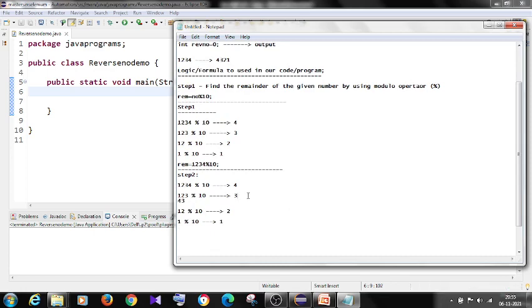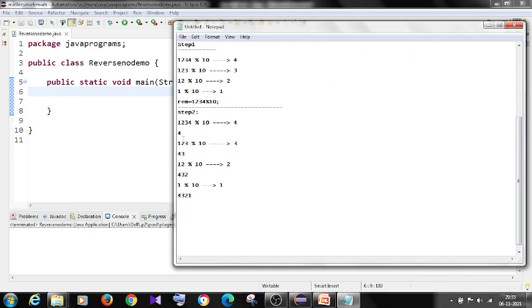In step number 3, what output do I have to get here? 4 3 2, and here I need to get 4 3 2 1. So how can I get this? I can achieve this with this logic: 4, 4 3, 4 3 2, 4 3 2 1. Here I need to get it.